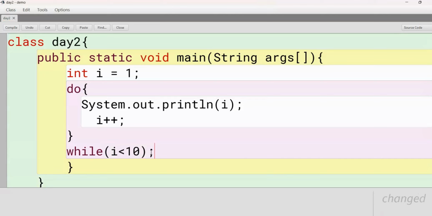Fine. So that is how a do while loop will work. Now what is a do while loop? Do means, in simple terms, execute my body part first. That means first of all it will execute whatever you have written inside the System.out.println, and then it will increment it, and then it will go to the condition checking part that is inside the while